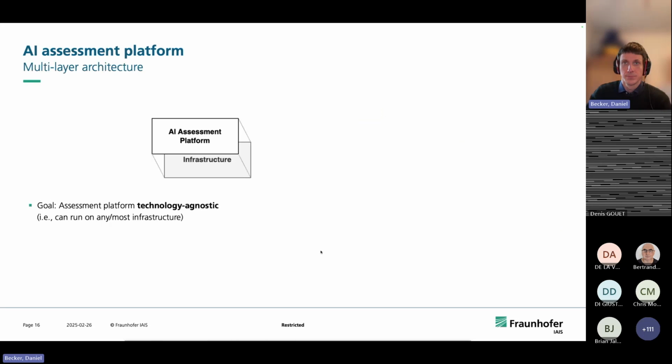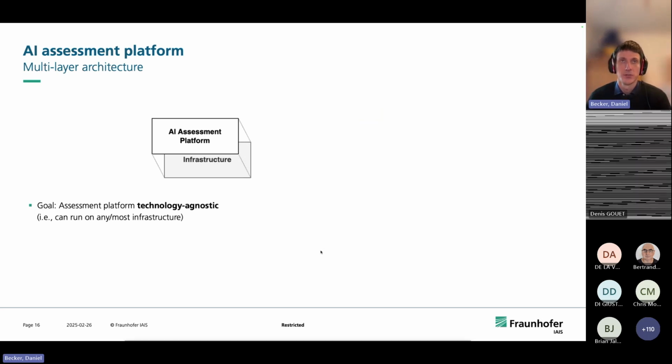And that's basically the horizontal picture, the whole landscape. But of course, in order to make this possible, we also need at the end a way to connect from the top to the bottom, to the infrastructure, to really run some things. And this is what I would like to show you in a minute, a demonstrator that we developed here.